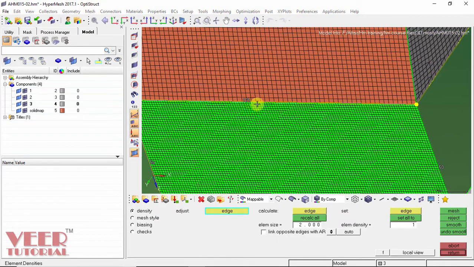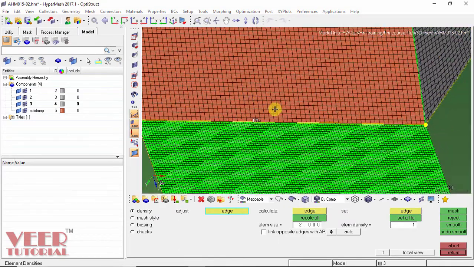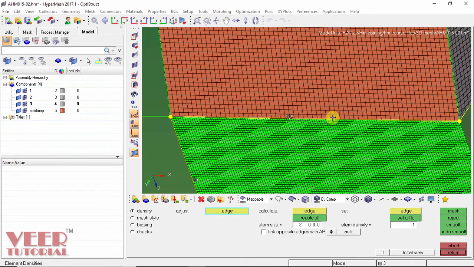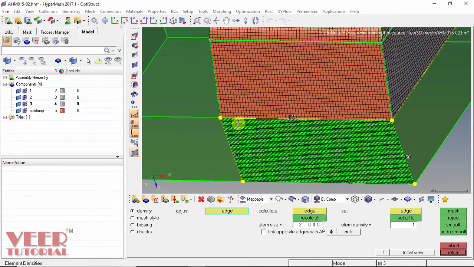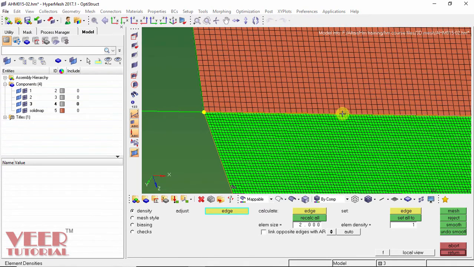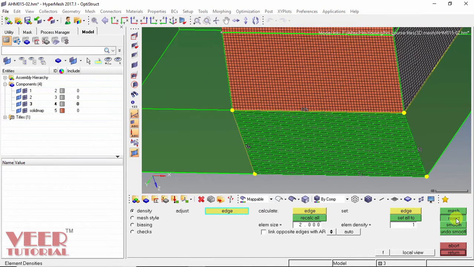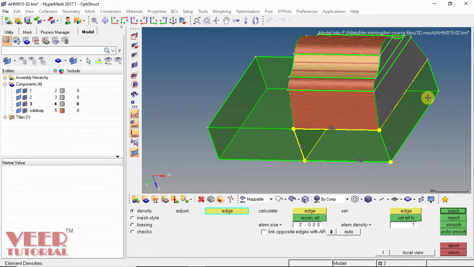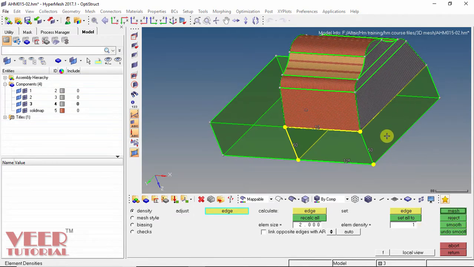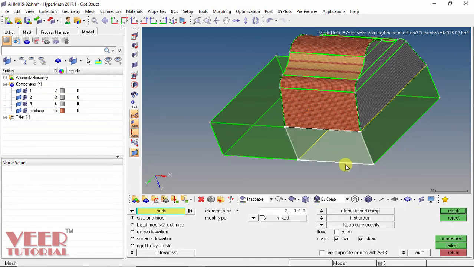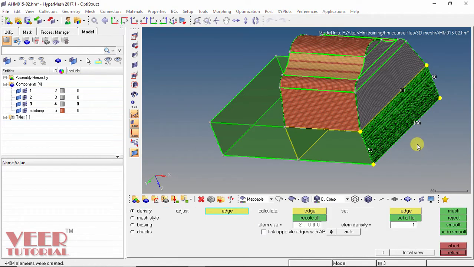So number of elements on this side I want. Okay, we have to select the number of elements in such a way that these meshes are connected. So one way is that we have to count the number of elements in here. The other thing we can do is I click on this reject. We already know the number of elements on this side. So let's select a different surface. I select this surface. Click on the return. Go to reset and suppose I select this surface and click on this mesh.